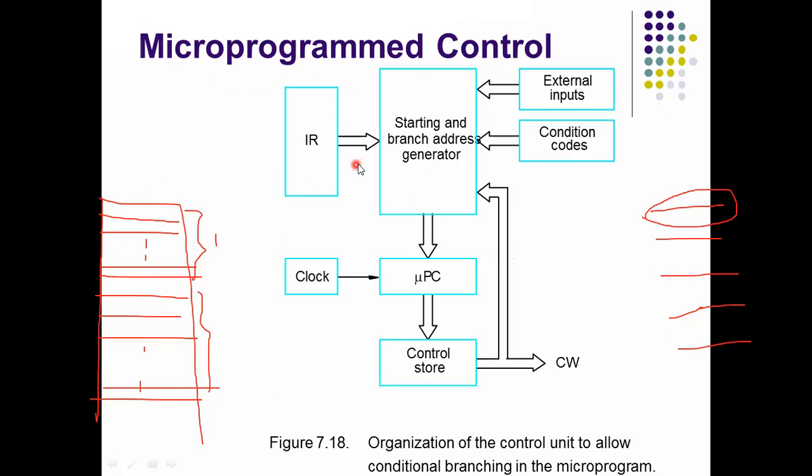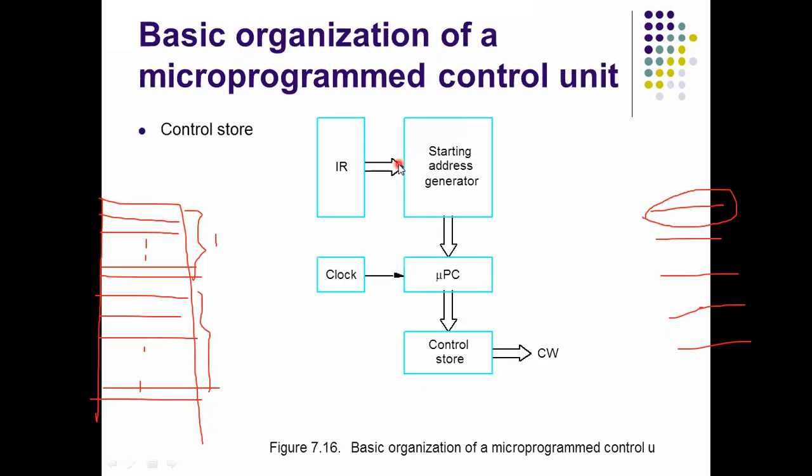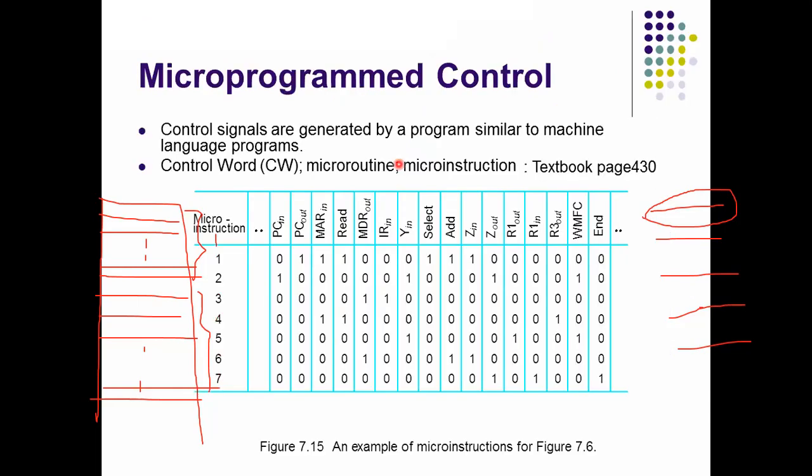So what is the advantage of the microprogrammed control unit compared to the hardwired control unit? The flexibility is more. Why are we saying the flexibility is more here? Suppose we want to change the program, that is possible here. That means either addition of an instruction or deletion of an instruction is possible here. This is very, very important.